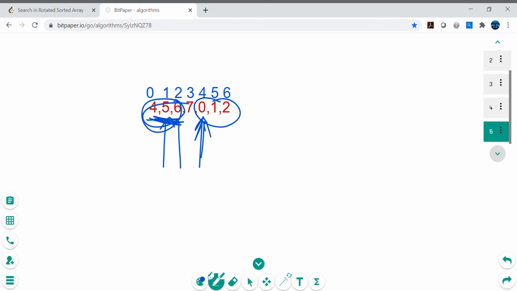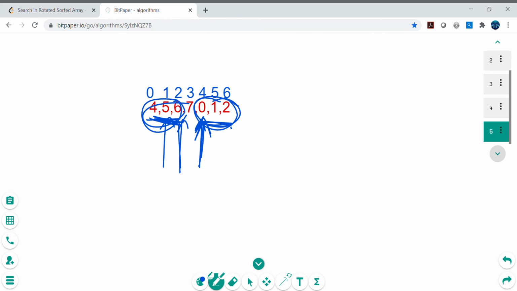Same thing we need to check on the right side. If it is in this range, then we do start equals mid plus 1. And if it is not in this range, then we do end equals mid minus 1, so it will be on the left side in that case. Basically we apply binary search in both sections accordingly.